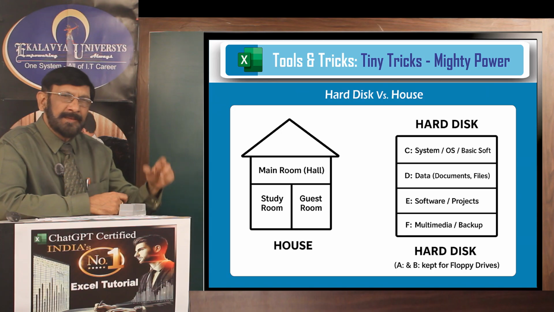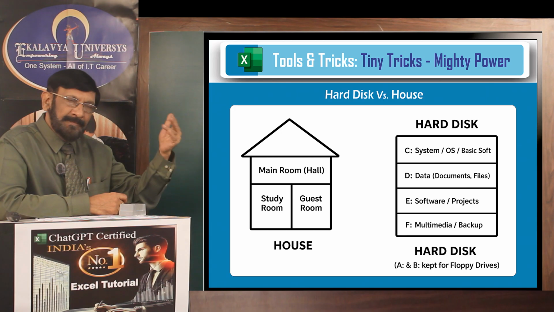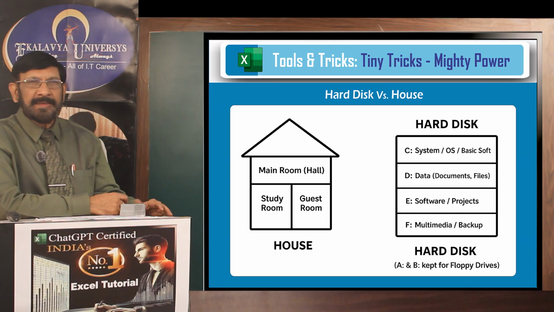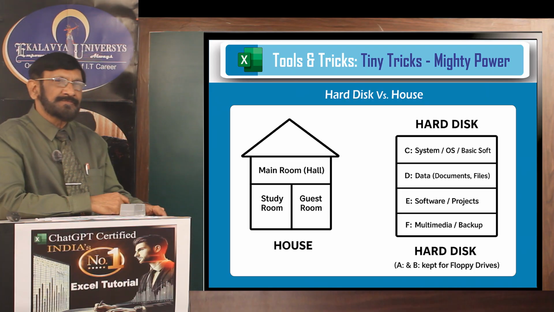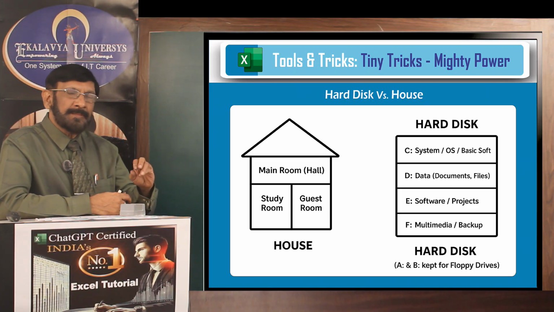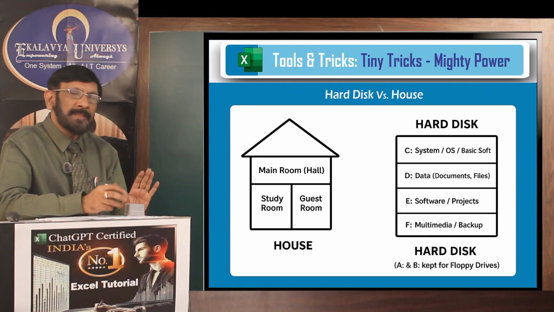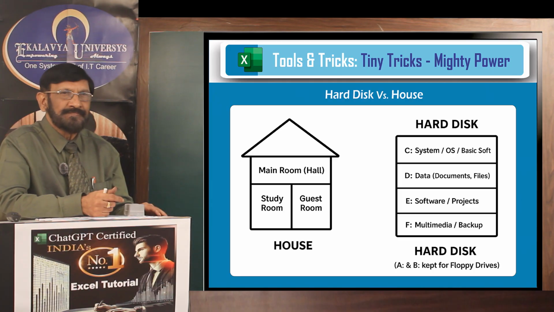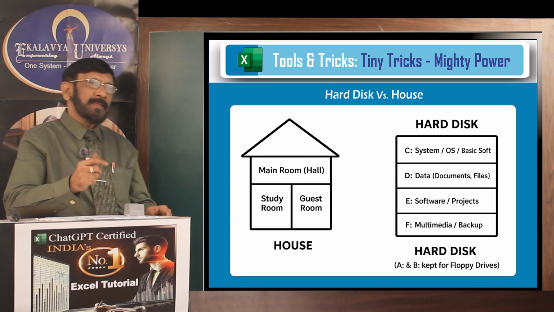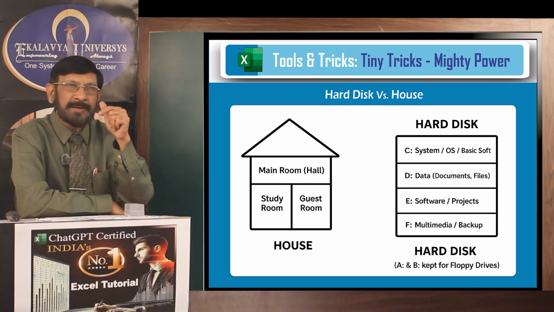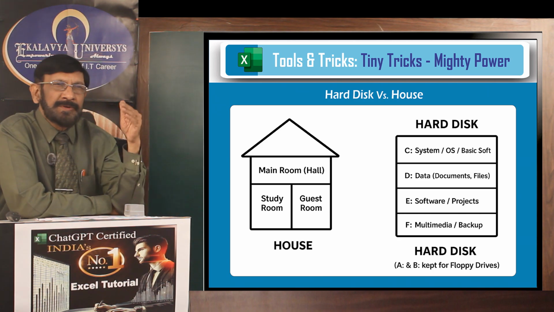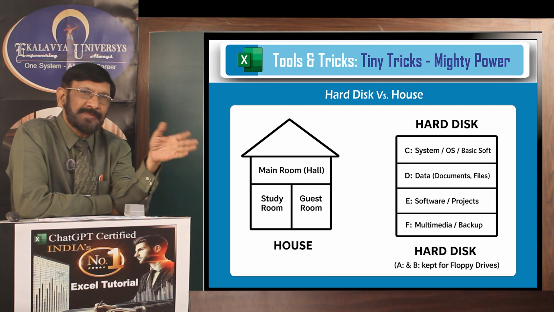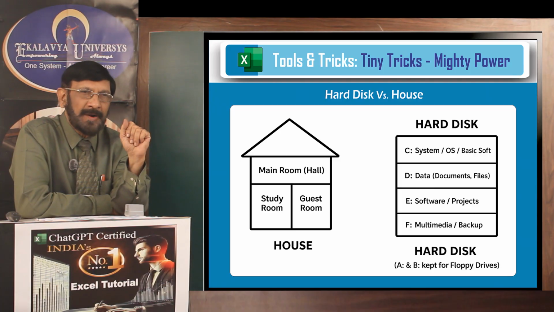C drive is mainly meant for operating system and basic softwares. Remaining drives, D, E, F, according to your will and wish. C and D only you can satisfy, but depending on your requirement, partitions are very important, then you create. This is the basic fact. And now, why it is related to file management system, it is obvious, because we store our files in the hard disk. So this is a basic thing that we have to understand.